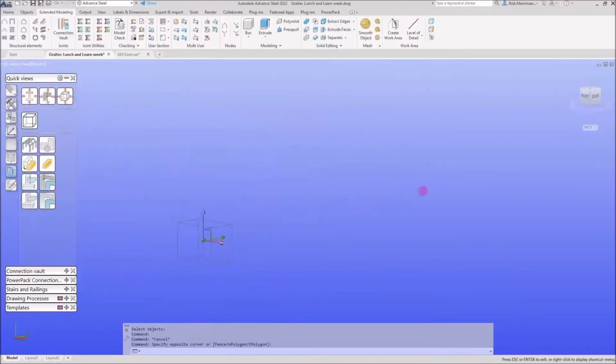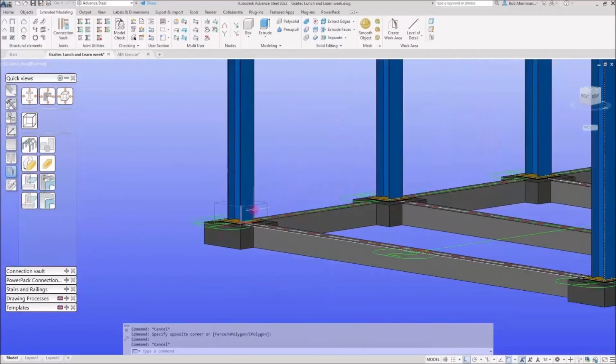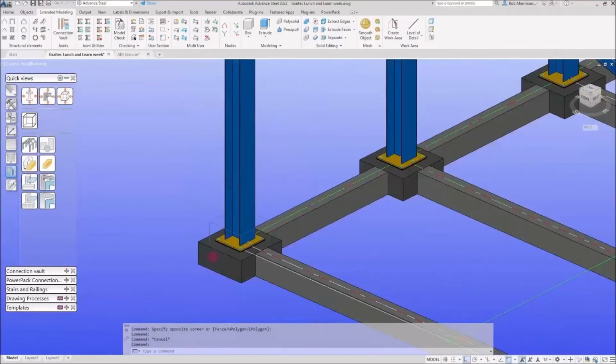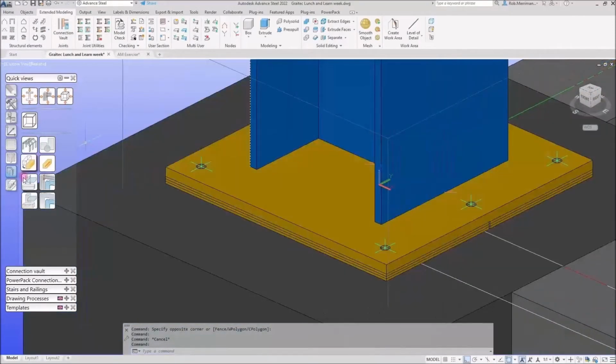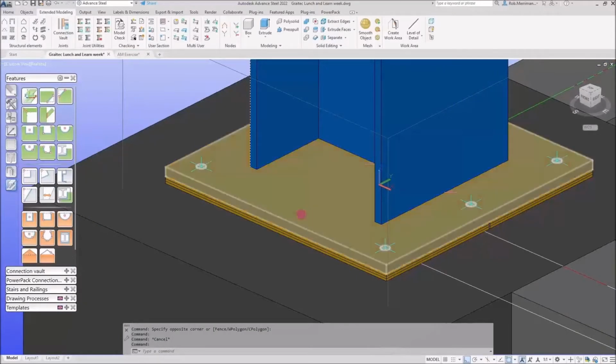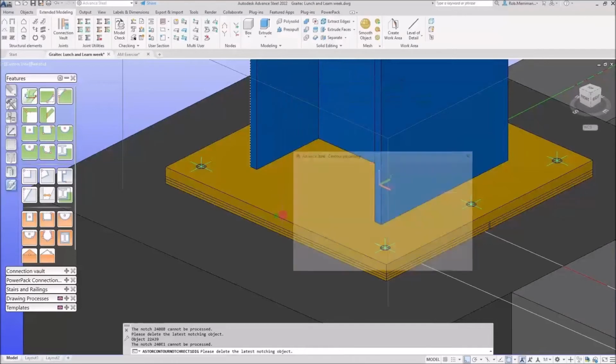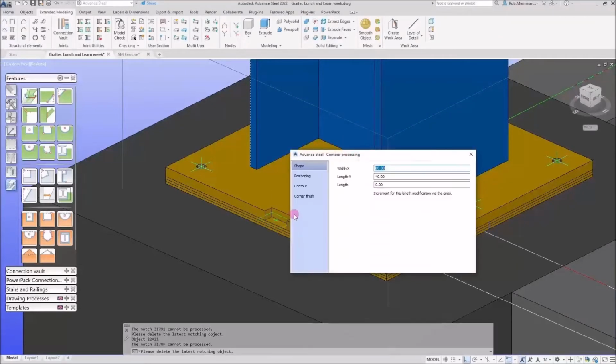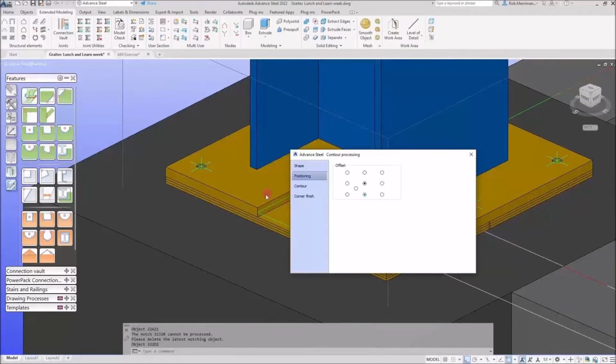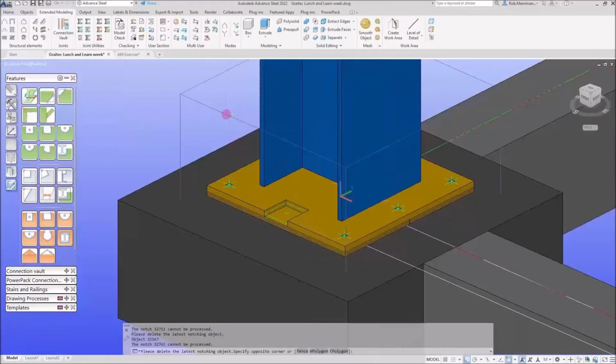Now you might need to do something special to these joints. We might need to put a big notch in here for whatever reason. I can still apply contours, cuts, notches to a joint without actually having to delete the box itself. So a lot of people think you have to manipulate the macro. Delete the macro to then do things like this. So I've still got my joint properties